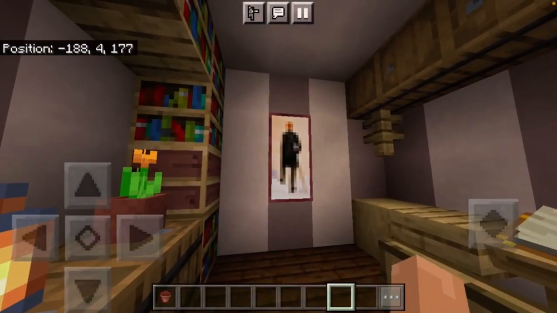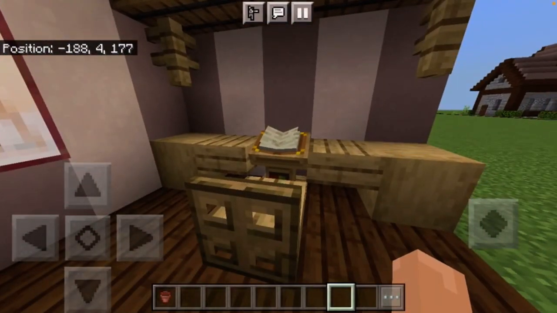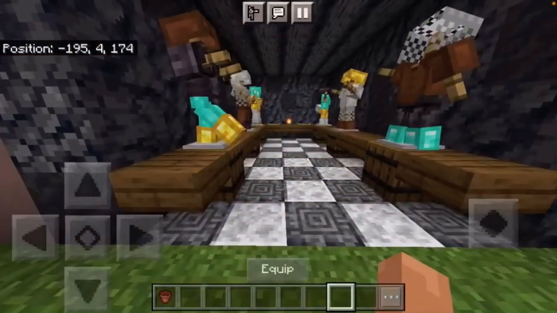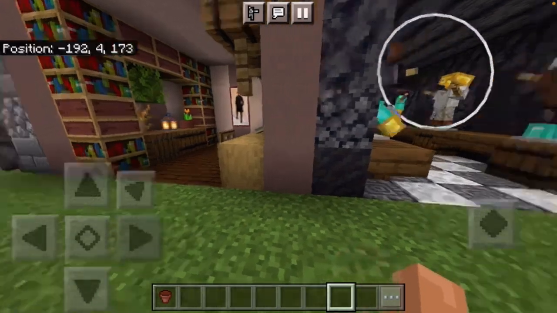Just to fill in the back wall a little bit, there's one of these smaller paintings, and then this is a pretty boring little desk, but there is a lectern in the middle, so it looks like you could read a book here. The next room we have is a 5x9, so another size up from the 5x5 office,